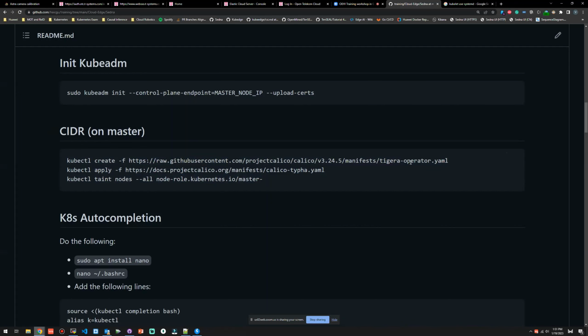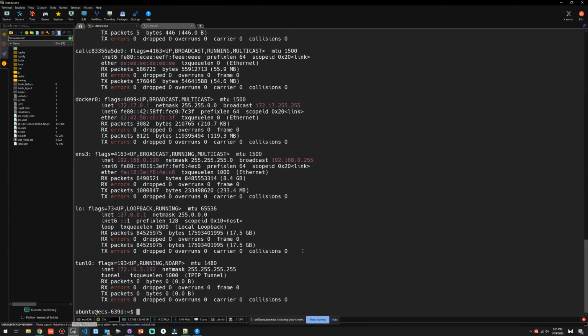In this case, Calico was installed. When you launch this command, we use this YAML file to create the set of pods that you need for the network. Then it will untaint the master so that these pods can also run on the master, because you have a standalone installation. And if we have a look at the pods I have here,